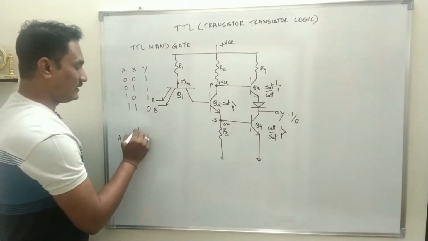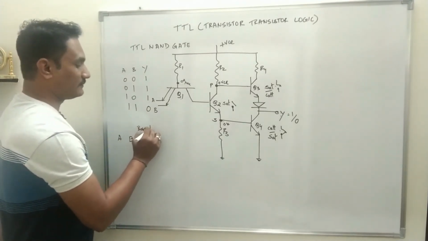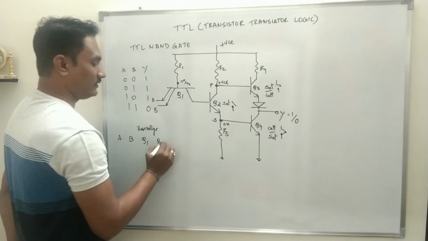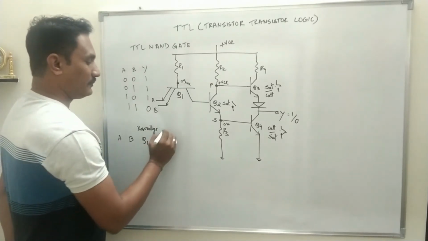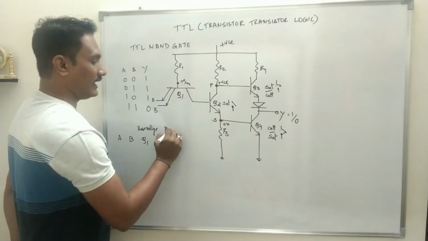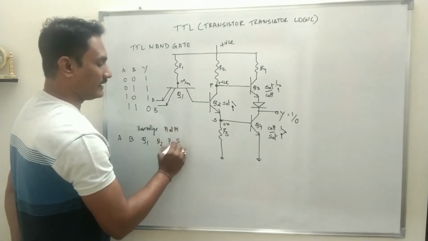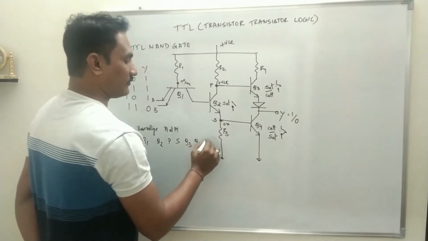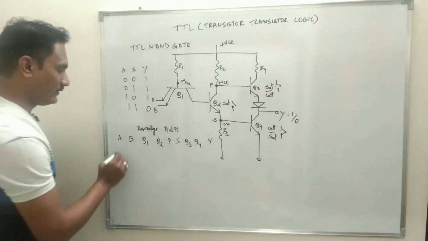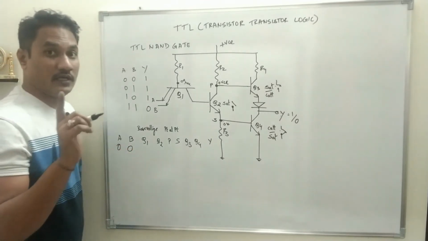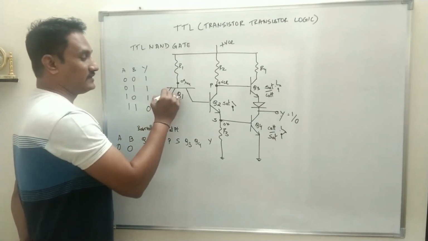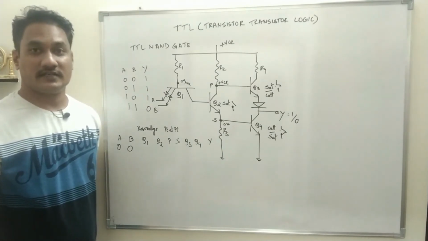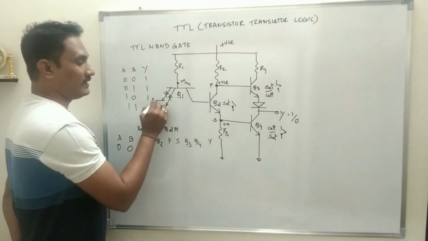So A, B, which affects base voltage of Q1, and on the basis of Q1, Q2 will be either in cutoff or saturation region, and then depending upon Q2 there will be potential at points P and S. Depending upon P and S, Q3 and Q4 will be defined, and therefore output Y will be specified. So when A and B are 0, now this is a multiple emitter transistor. You have to imagine a diode over it. Don't draw it in the circuit, but you have to imagine that there is a PN junction diode connected to that. Now what happens when A and B both are 0?